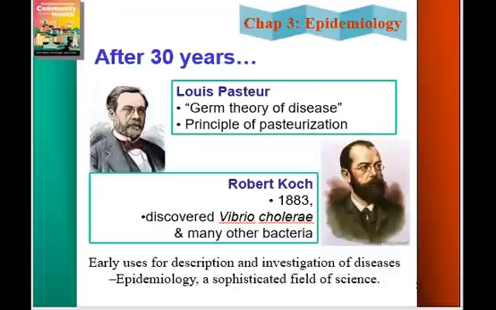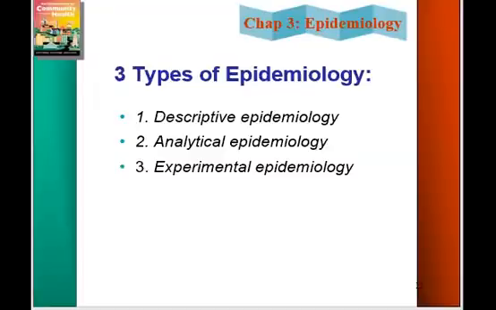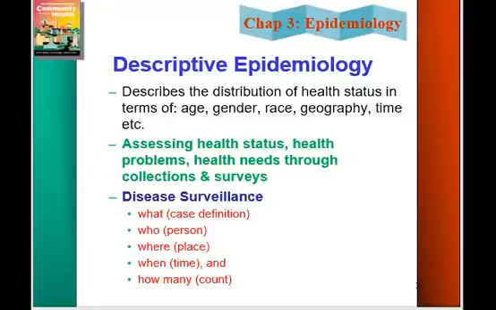Okay? So now, let us proceed with the 3 types of epidemiology. Okay. So the 3 types of epidemiology is descriptive, analytical, and experimental. I'll begin with descriptive epidemiology. So when we say descriptive, no, from the word description, describe. So what we're doing here, no, in this type of study is we're just going to describe distribution of the health status in terms of age, gender, race, geography, time, and etc. Like for example,